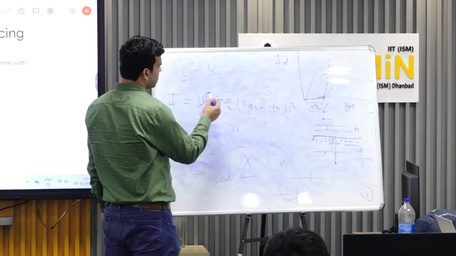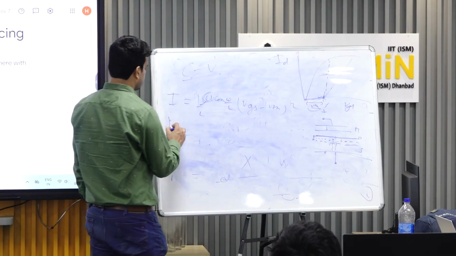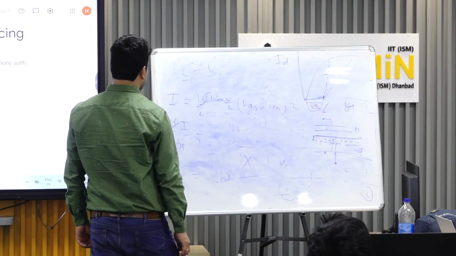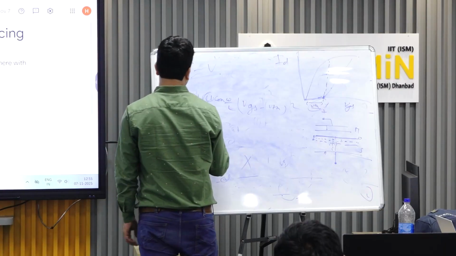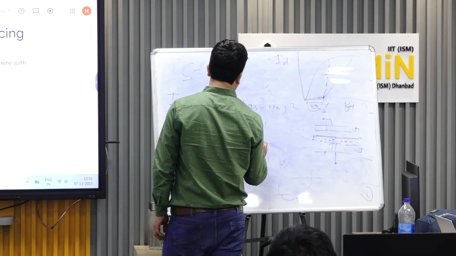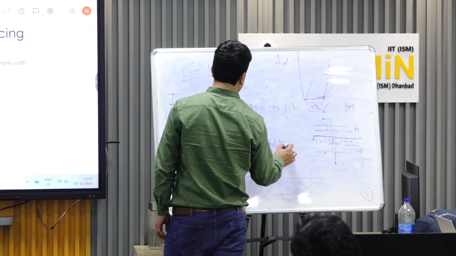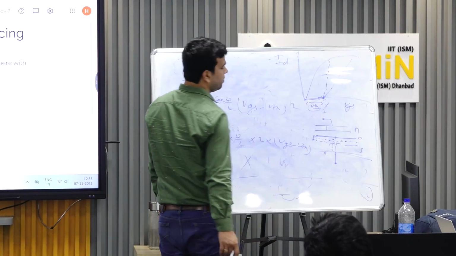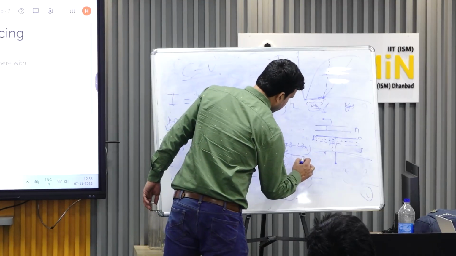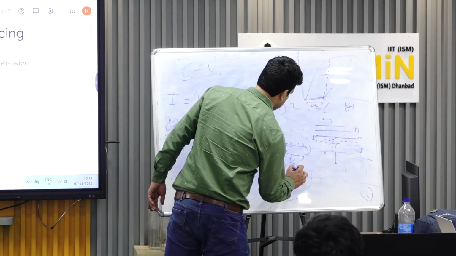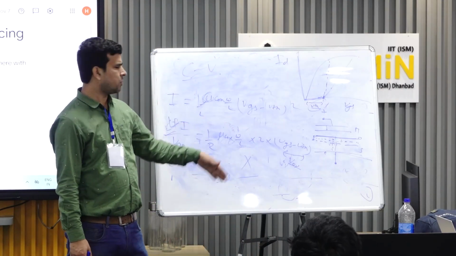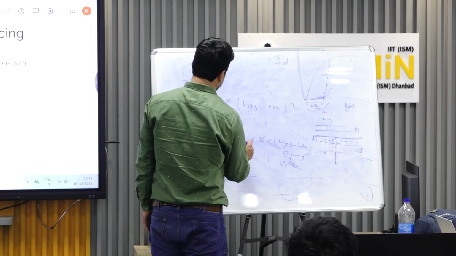What you can do is differentiate this equation with respect to VG, dI by dVGS. What will this be? 1 by 2 mu Cox W by L into 2 into (VGS minus VT), right? Fine. Sometimes people write VGS minus VT as VOV, the overdrive voltage. This is equivalent, so no problem. The main thing is that